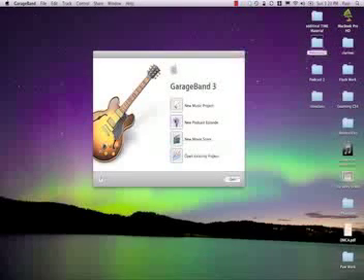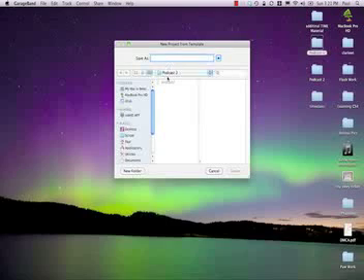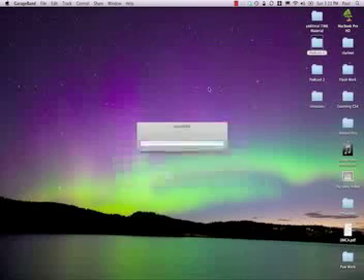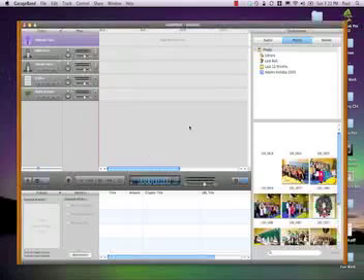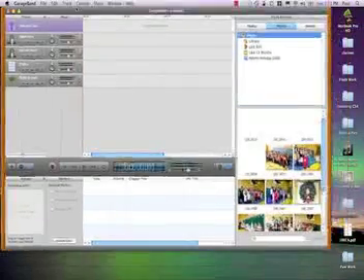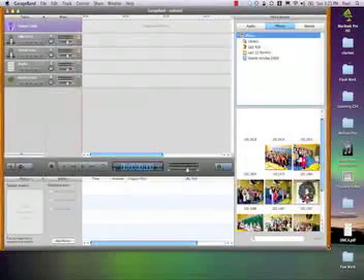I'm going to open up and click on our button here that says New Podcast Episode. It's going to ask me where to save it. In this case, I'm going to create a Podcast 2 in Podcast 2 folder. And I do want to replace that one. And here it is. Now, when it opens up, it automatically gives you a podcast track